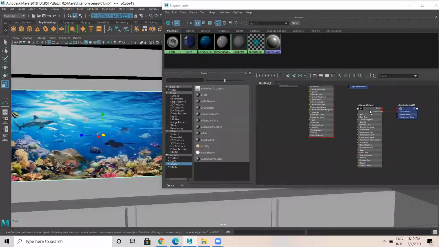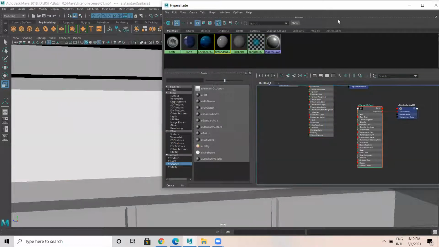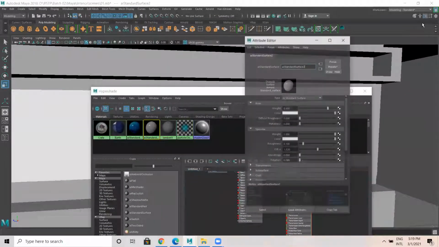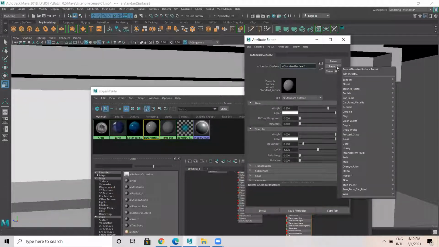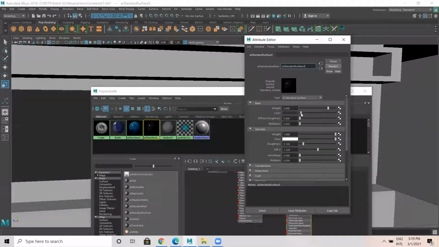Okay. Now here, go to attribute editor. I want this to be something like a chrome. Or anyhow, it's a metal. I'll make it a bit darker. Okay.